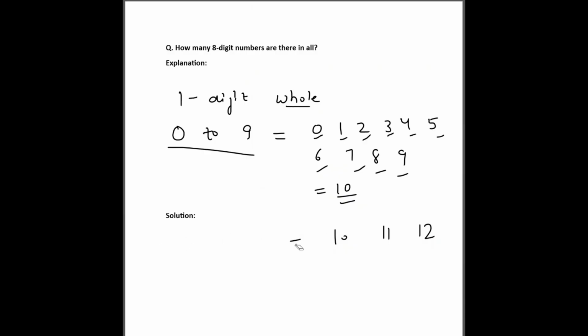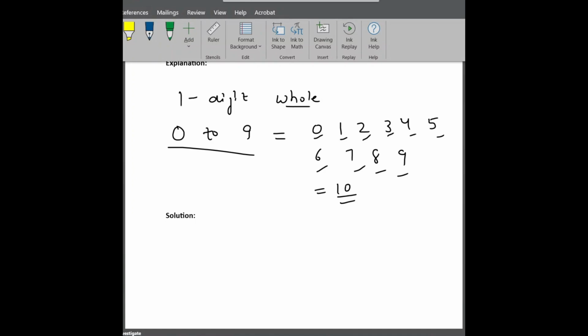So how to do that? And I hope it's clear why we need to find another way of doing it, because to count the numbers from the smallest possible 8 digit number to the largest possible 8 digit number is quite a time consuming process. That's why we need to think of some other method to do it. So what's that other method? What we can do instead of counting it all is,